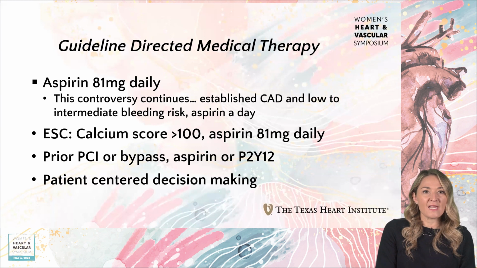If you've had a prior stent or bypass surgery, again, P2Y12 or aspirin therapy lifelong, indefinitely, unless there's a reason that you can't tolerate it anymore, is generally what we push. But it's a patient-centered decision. I think one of the most common things I see in the office is patients who are on even just a baby aspirin and they have tons of bruises, or they have gastritis and they've tried a PPI to decrease the gastritis issue and it just hasn't worked, and they're 10 years out from a PCI. So you have to really think, is aspirin needed? How old are they? Are they benefiting? What is their long-term benefit from staying on it if they're 80 or 85?